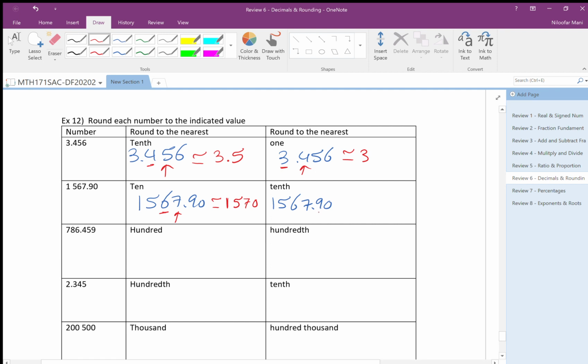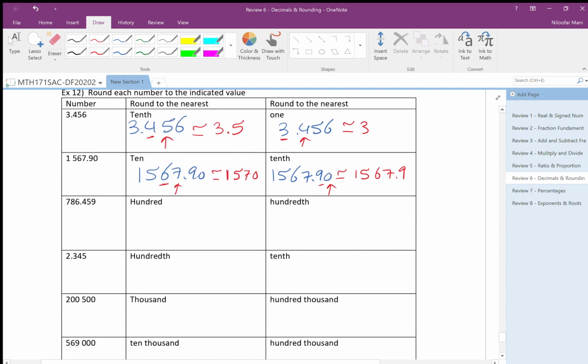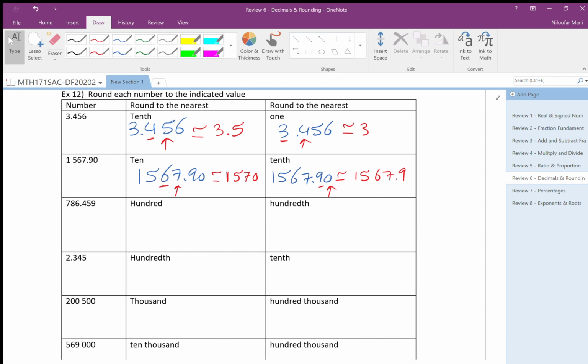So you underline tenth here, and you check the next one. So you don't need to change, so it's this. Oops. Yeah. How about 100? Okay, so